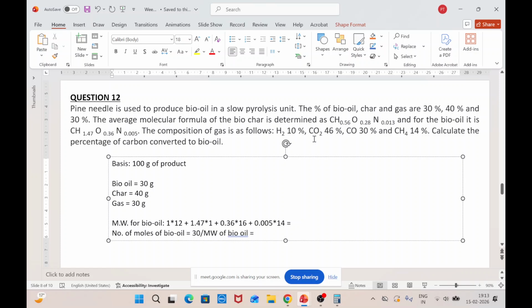Now once you know the number of moles of bio oil, the carbon that is present in the bio oil is nothing but the number of moles, because it is 1. The amount of carbon that is present is 1 carbon. It's not like C2 or C3. So for every mole of carbon,